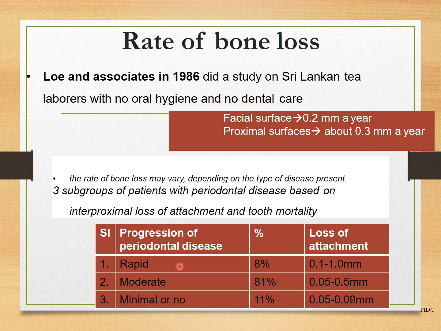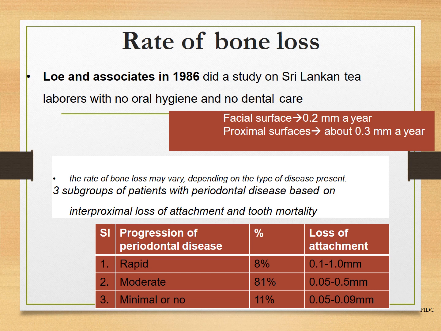So they found out that in rapid progression of periodontal disease, about 8% of the population had loss of attachment of 0.1 to 1 mm, and in the moderate progression of periodontal disease, they found that 81% of the population had loss of attachment of 0.05 to 0.5 mm, and in the minimal or no loss of attachment category, only 11% of the population had 0.05 to 0.09